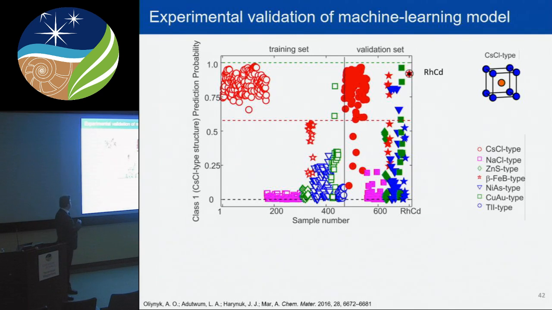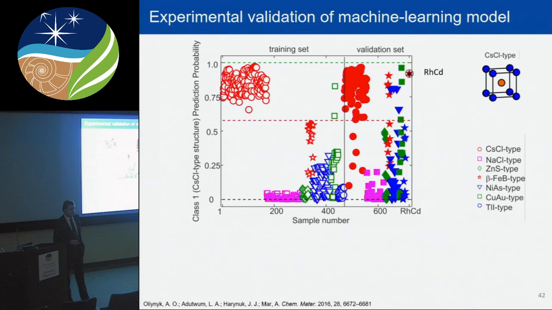This is a prediction of cesium chloride type structure compounds, the red circles right here. If they're really cesium chloride type structures, they will cluster somewhere around 100% probability. Everything that is not cesium chloride type structure should be here at the bottom. This way we predicted, and experimentally validated, a new binary equiatomic compound, rhodium cadmium. But which is more important,